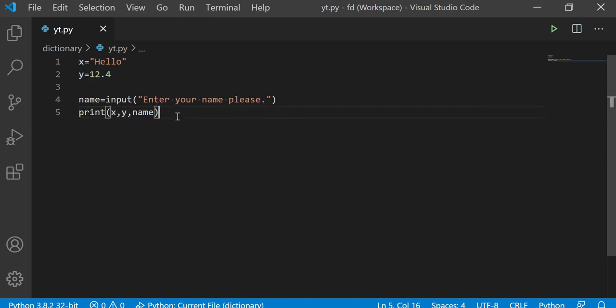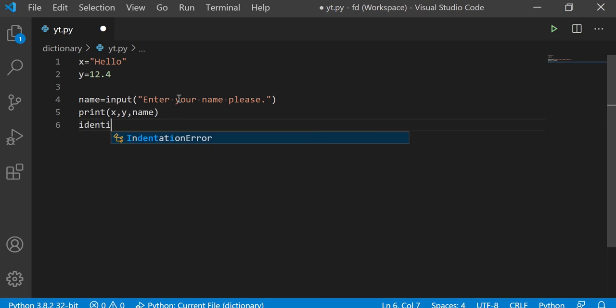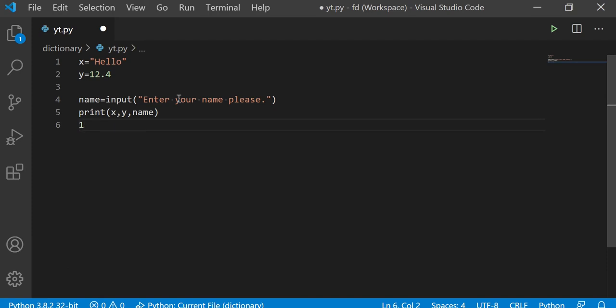I'm talking about identifiers. Identifiers are, as the name suggests, the names given to identify something. Variables are examples of identifiers because we assign some value to a name and that name we use further in the whole program, and identifiers are the super type of that. But there are some rules for identifiers, and those rules include that the first character of an identifier must be an underscore or a letter. You cannot use a number as the first character of that identifier.